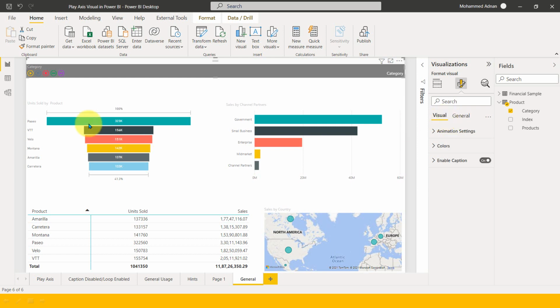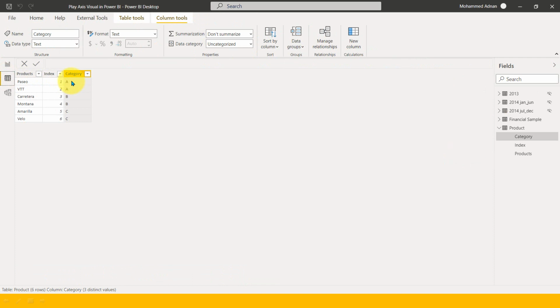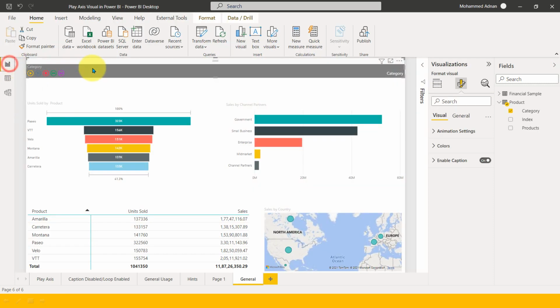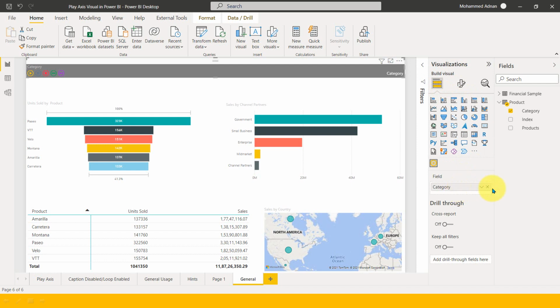Now the challenge is, if you look at the data, this is working fine for category, that is a number. Is this working on a numeric or date column? These two things we need to check. Now let's click on this same thing and go to this field option, and instead of category I'm going to add this as index here. So it is added here. Let me click on play button now.